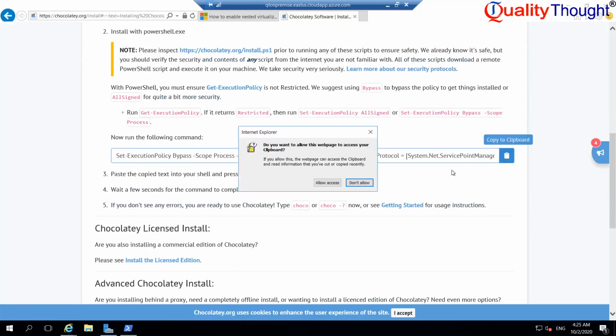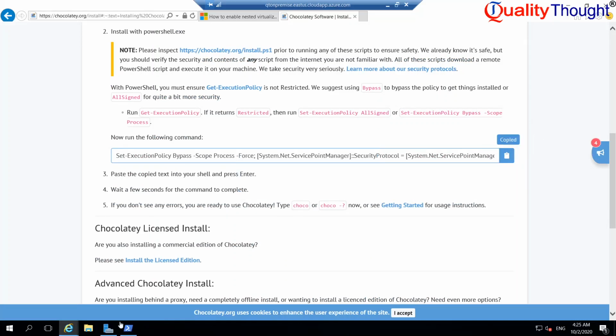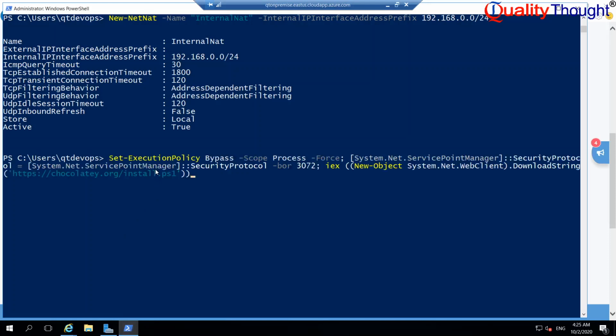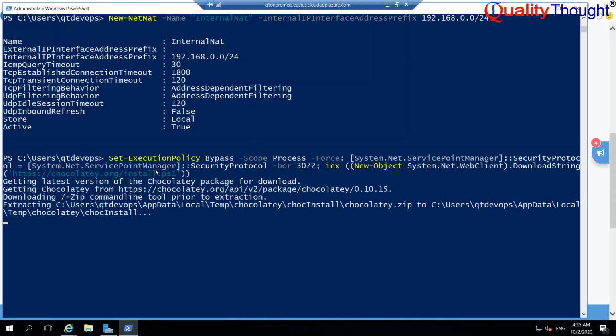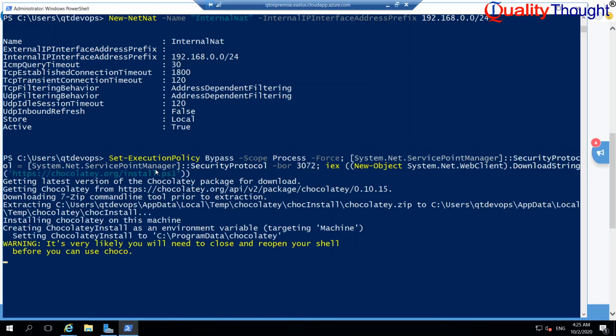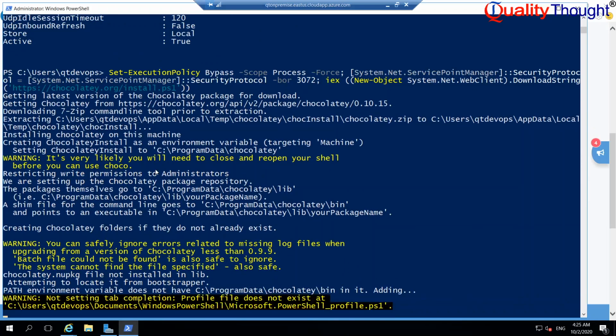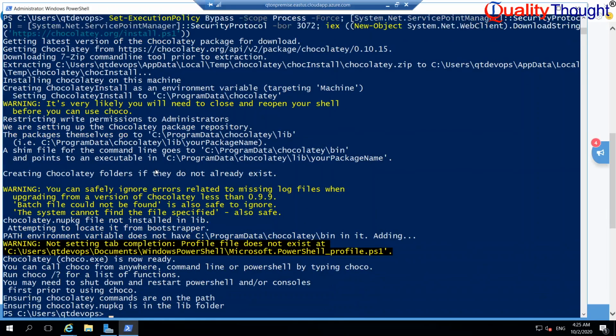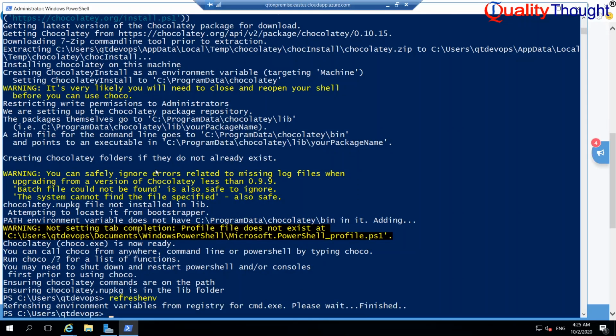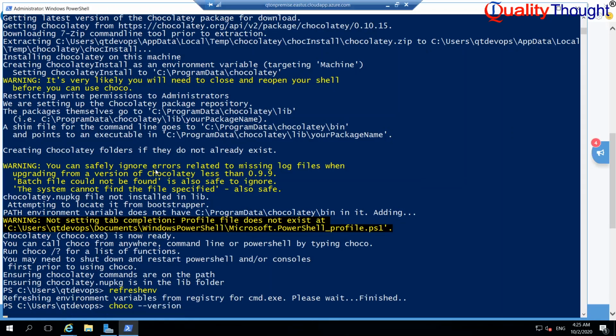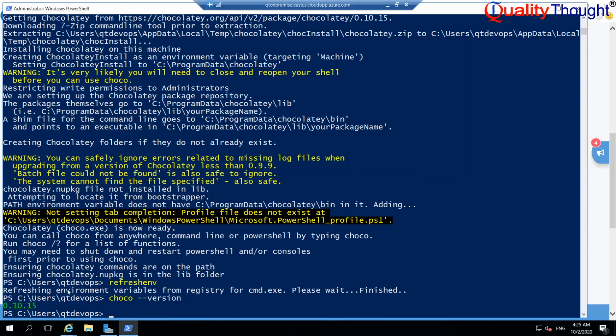Let me copy this command, allow access, and paste it over here. Now let me execute refresh env, and let me see if Choco is available. Choco -version. So Chocolatey is available.